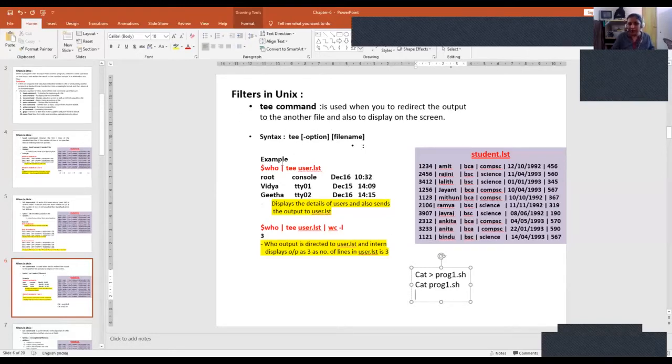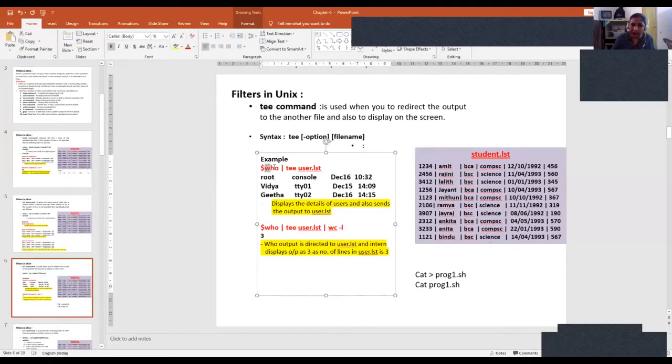For example, let us take the who command. When I say who, it is going to display who the user is, which terminal they are using, when they have logged in and what time they have logged in. I will get all these details: root, Vidya, Geeta. Now this is a display. But along with the display, I want to save these details in a file called user.lst.